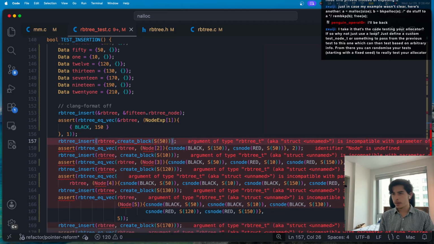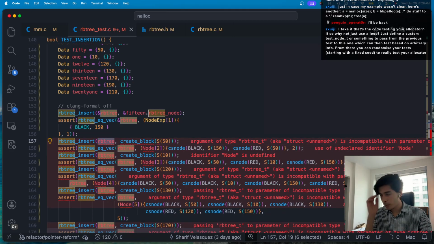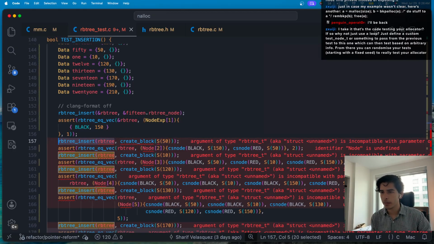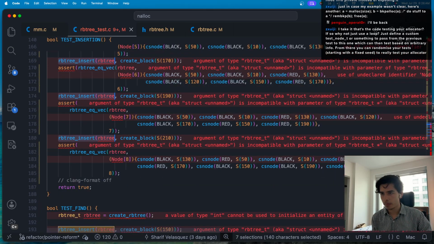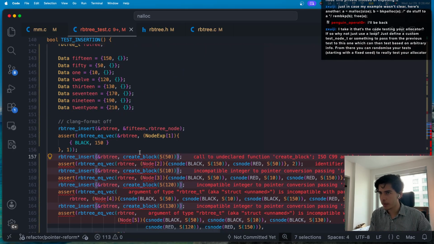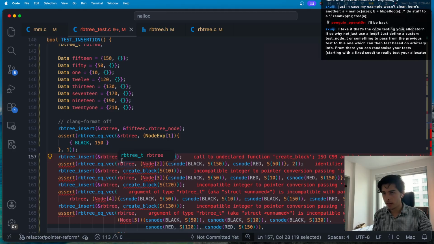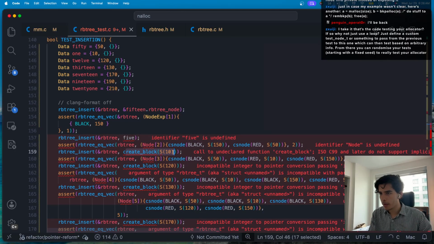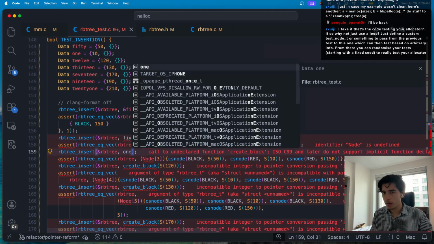So yeah, now we're going to insert into a red black tree. So all of these calls, for example, right? Let me just modify them. We need to pass a pointer to the red black tree instead. And instead of the create block, I think that one we can just modify per case. So this one would be 5. Let me just do then, this would be 1,